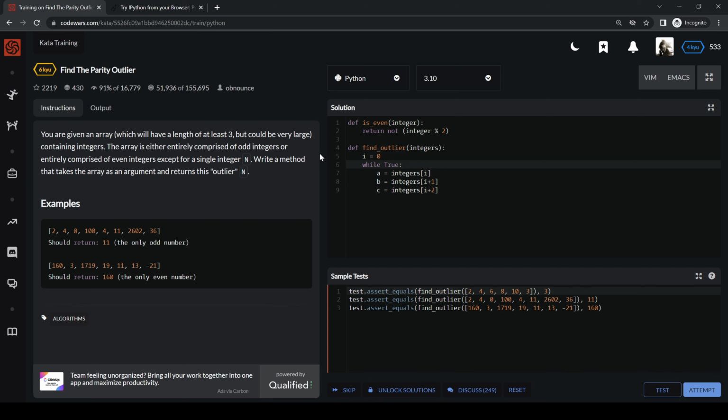And I'm actually going to do while i is less than length of integers minus